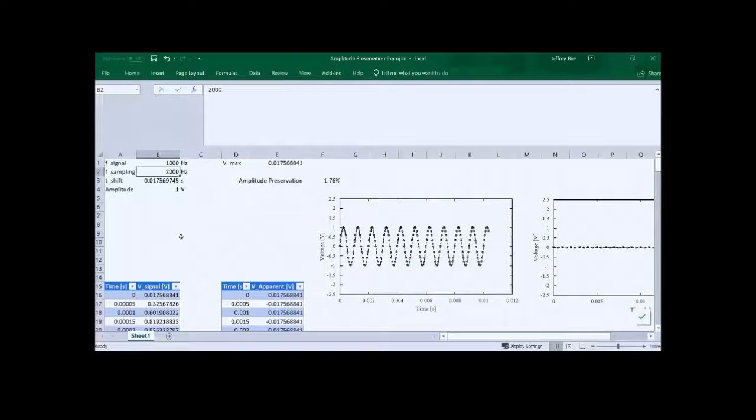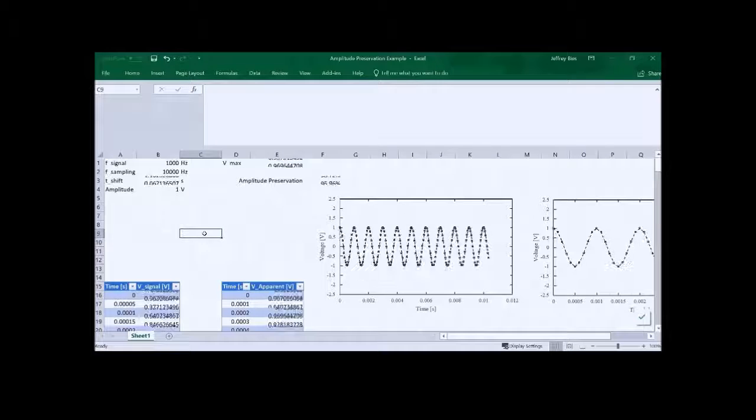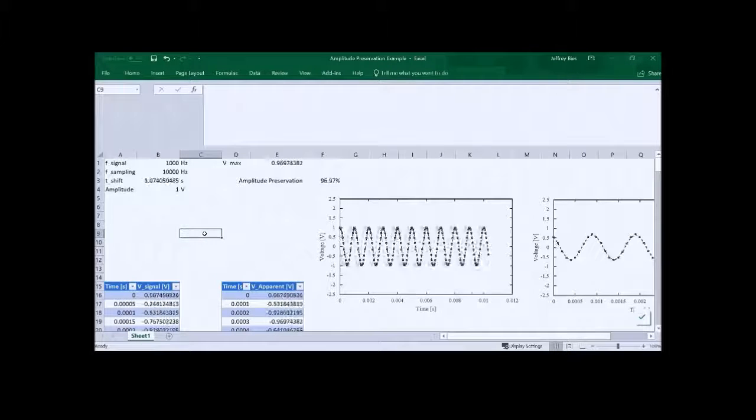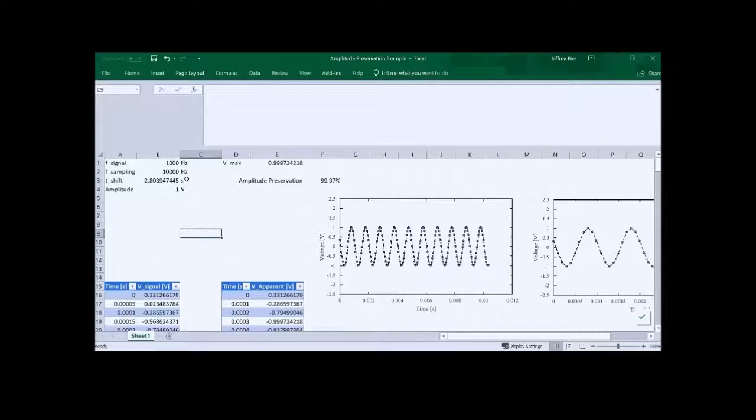Now if I bring this frequency up to maybe 10,000, now we can see that the range is much smaller. Now we're staying above 90%. And so now that's actually pretty reasonable. And if we go even higher than that,